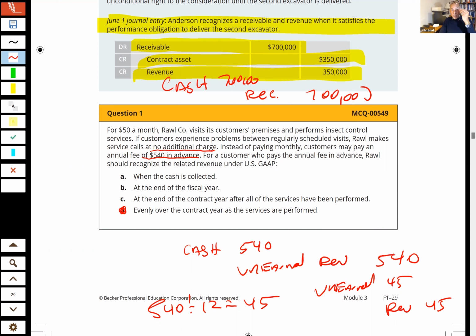Okay, but since we're assuming here that an entity is going to prepare financial statements, and we're going to want those financial statements whenever they're prepared, monthly, semi-annually, quarterly, yearly, whenever it is that they're going to generate a set of financial statements, which many companies do monthly, they've got to get busy and figure out how much revenue they've earned, right? And this one, I just assumed each month. Especially for the listed companies.